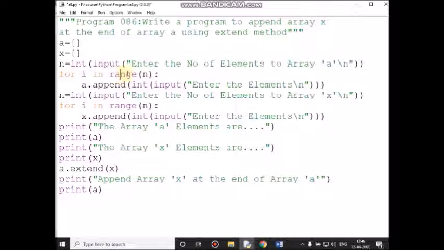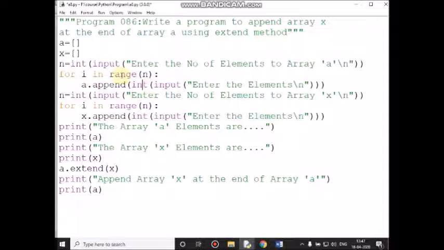2 less than 3, condition is true. Control comes inside the loop. A dot append, the innermost function is input. Now I am going to give the value 30. 30 is treated as a string. Then the string will be converted to integer, then it will be assigned to A of second location, 30.